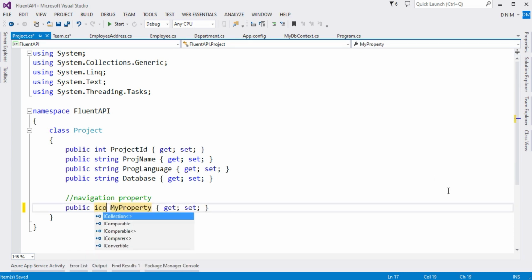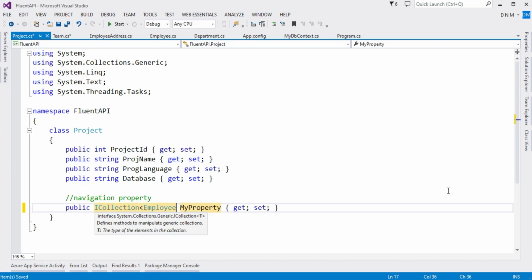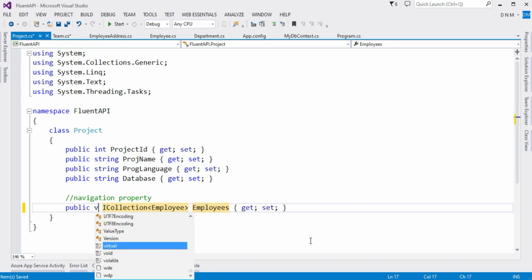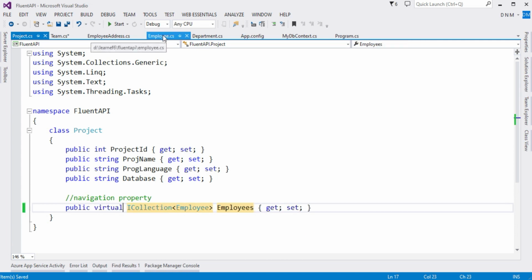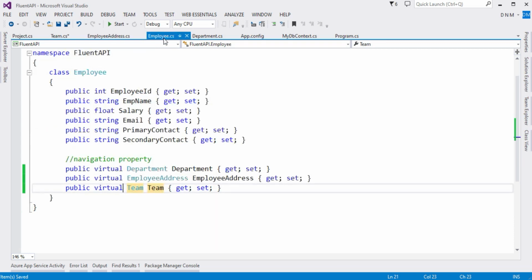So ICollection of Employee, and here my property name is going to be Employees. Okay, and this will be a virtual property. In the same way, in my Employee class, I have to define an ICollection property of type Project.